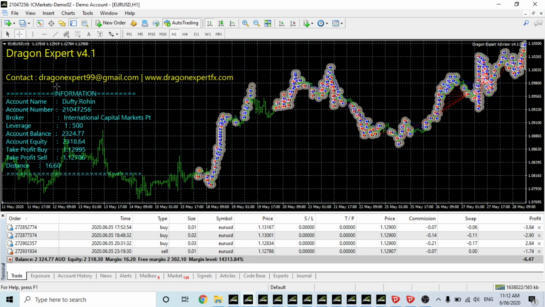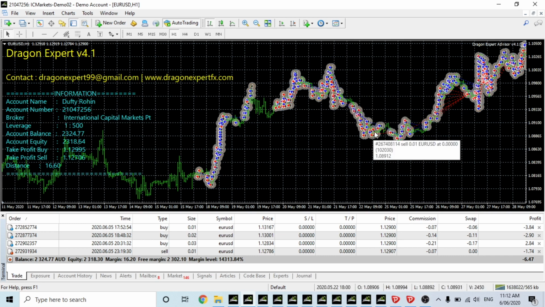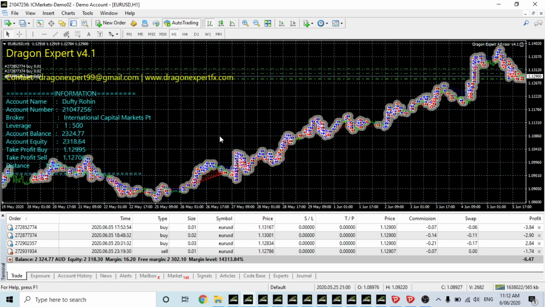So if we have a look, it probably started trading here and went all the way up to there. So yeah, almost a 200 pip move, and it blew the account, I would say. And then this is the moment where there wasn't trading, as you can see there. And then I put the other $1,000 in, and it's come up, come down, come up, come down, and closed trades there. So yeah, the Dragon, it's been impressive,